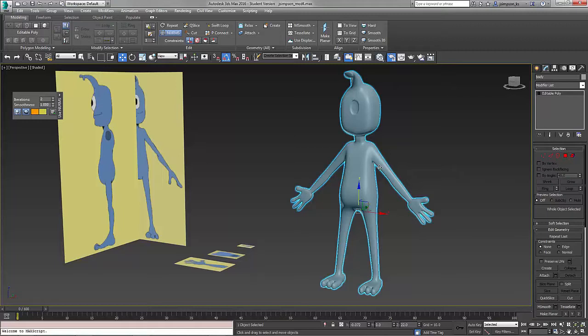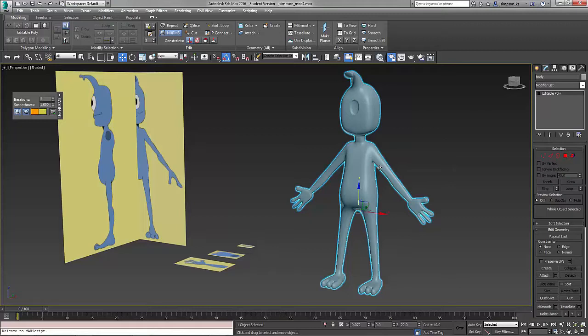In this tutorial, we will be creating the head, hands, and feet for the body we created in the last video. This process is similar to what we did to create the body. We will begin by setting up our reference planes with images to model from, block out the model, then using a combination of the techniques and tools from the last video, we will extrude, scale, and position the polygons to